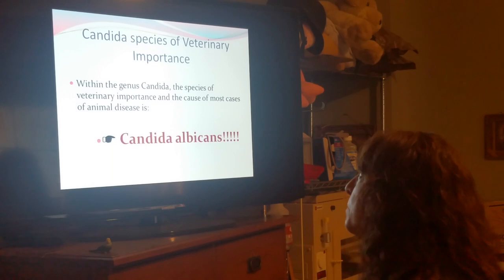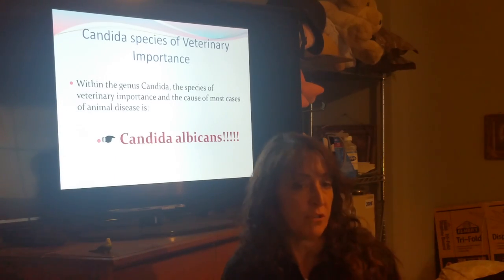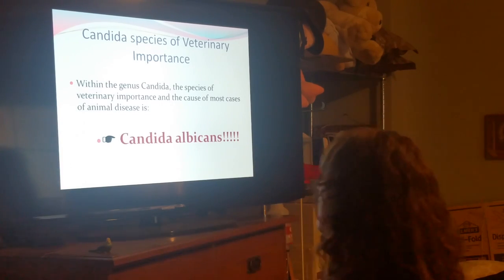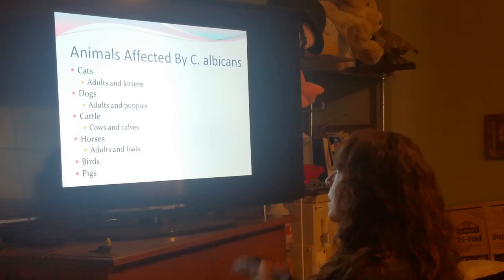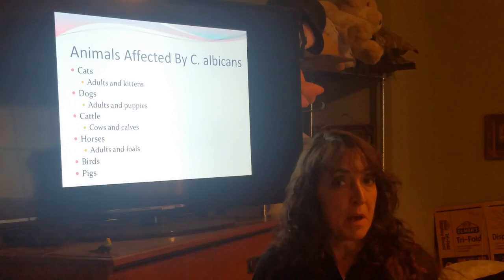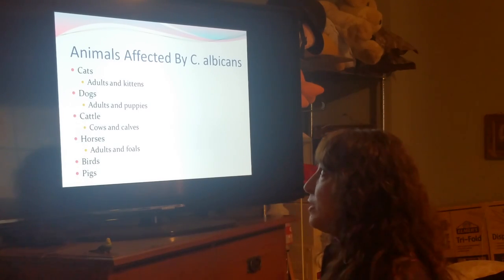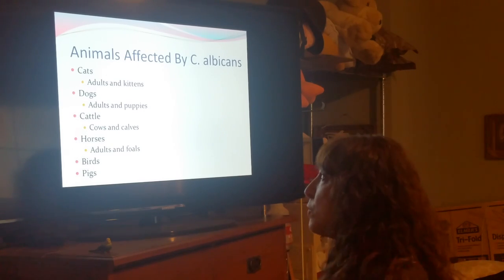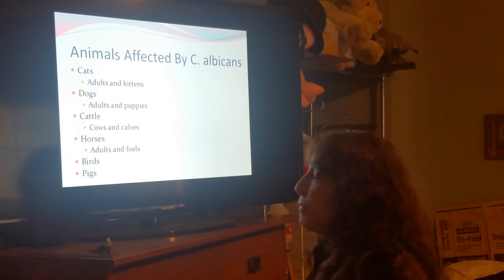Within the genus Candida, the species of veterinary importance and the cause of most cases of animal disease is Candida albicans. The animals affected by this organism are cats, both adults and kittens, dogs, both adults and puppies, cows and calves, horses, both adults and foals, birds, pigs,